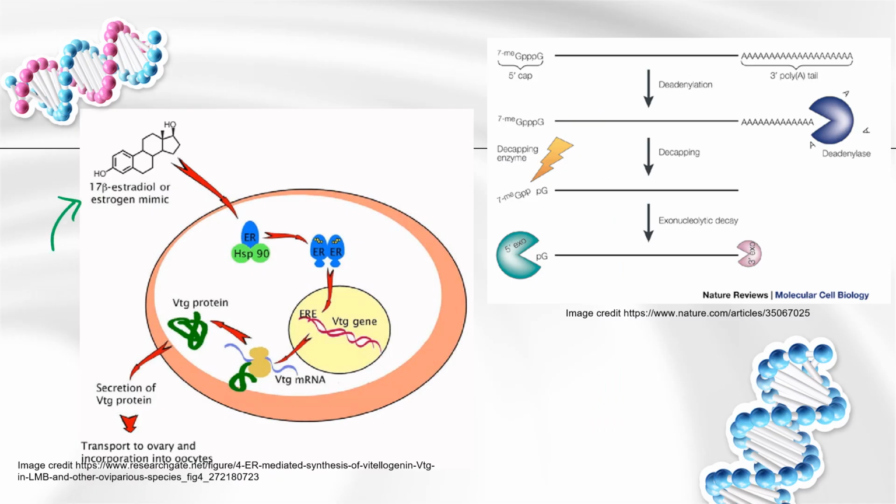Birds also make estrogen. Here we're looking at a particular type of estrogen that actually helps birds code for the production of this protein called vitellogenin. So vitellogenin is one of the proteins found in egg yolk. And if a bird is trying to lay some eggs, it needs to make some egg yolk proteins, this vitellogenin. So the estrogen is going to promote the transcription of the vitellogenin gene, which makes the messenger RNA,